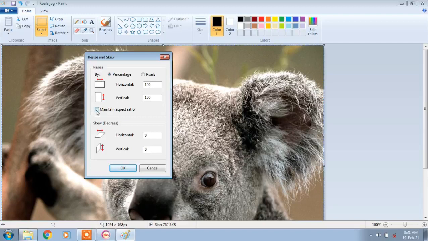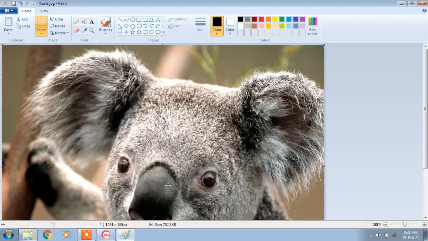If this checkbox is checked, the values in both text boxes remain the same. See here, if I enter 50 in horizontal, in vertical it also becomes 50, because the Maintain aspect ratio option is selected. Then click on the OK button and see the size of the image.